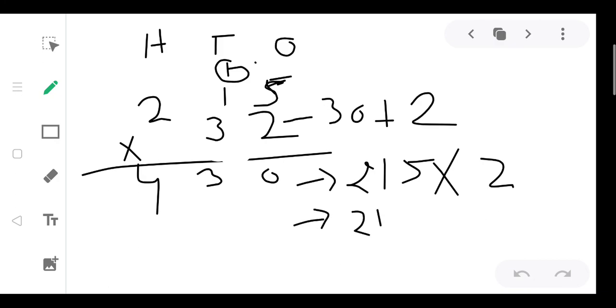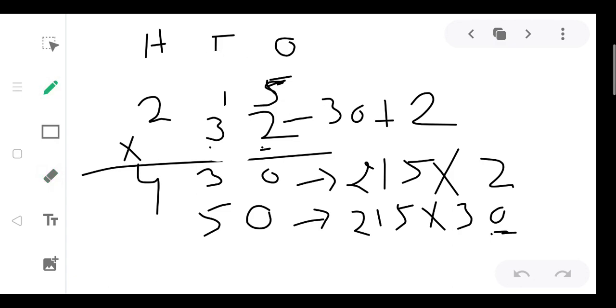So now we will multiply 215 by 30. For this 0, ones place, as ones place multiplication was over, tens place 3 we will multiply. Tens place, how many tens are here? 3. So in ones place we will put 0, and we will start multiplication by 3. 3 5s are 15. 1 is carry. See, we have to write a new carry here, so previous carry we will remove, and we will write our new carry, that is also 1. 3 5s are 15. 1 is carry. Now 3 1s are 3 and 1, 4. 3 2s are 6. Our multiplication is over.